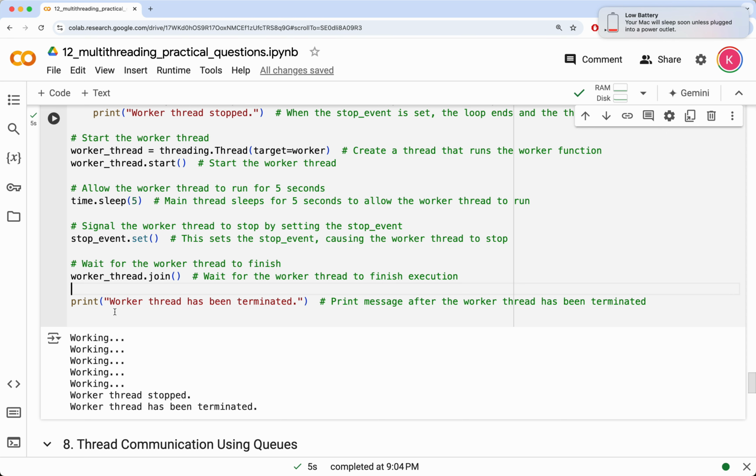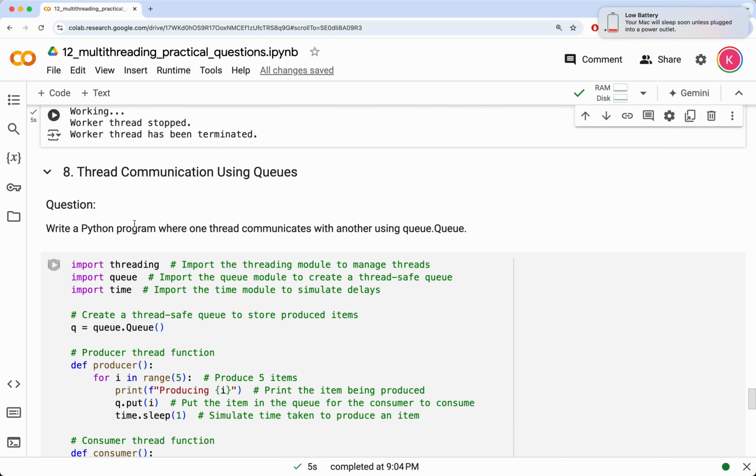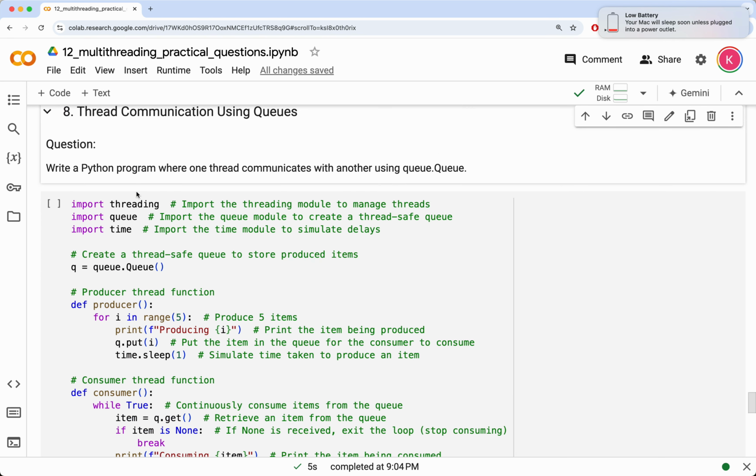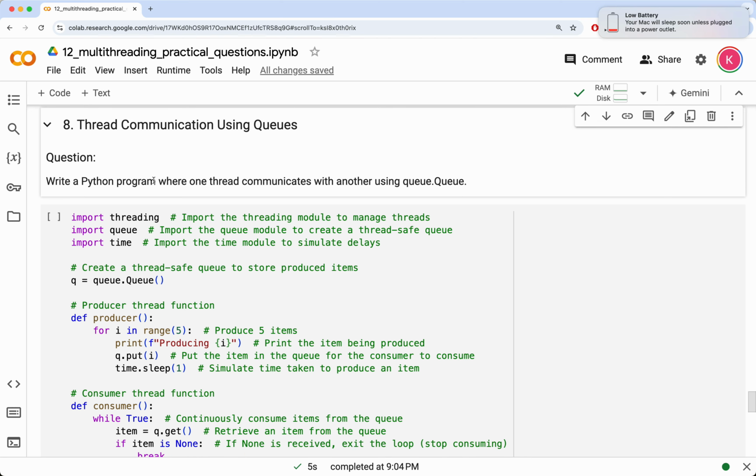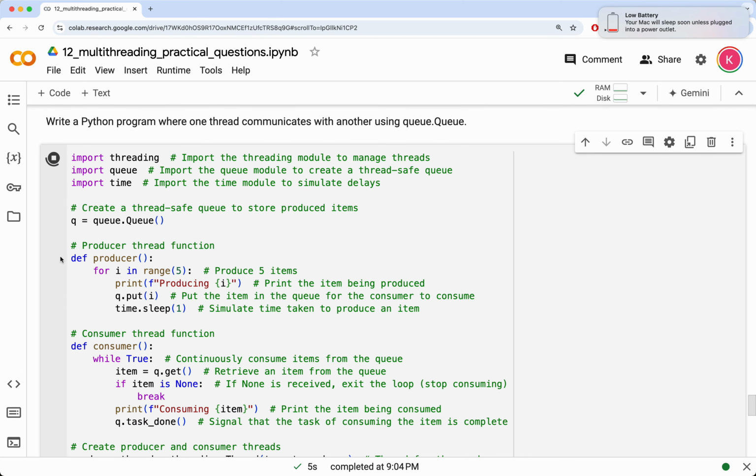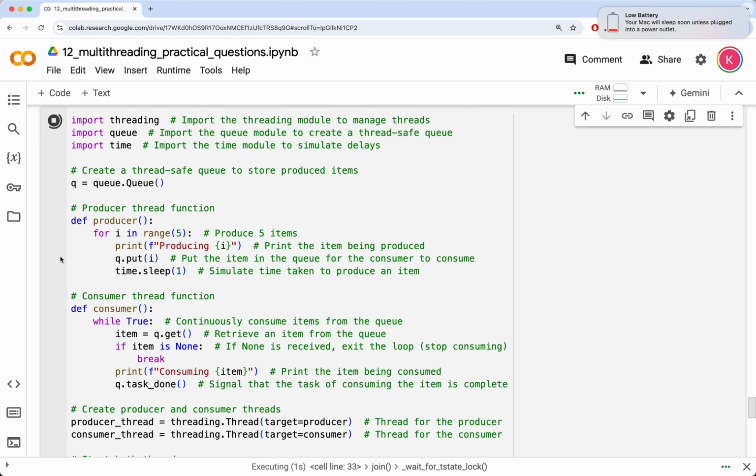8. Thread communication using queues. Question: write a Python program where one thread communicates with another using queue.Queue. In this example, we demonstrate a classic producer-consumer problem using Python's queue.Queue to facilitate communication between two threads, the producer